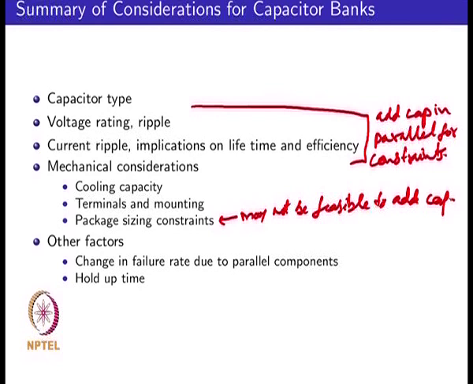You also have factors like if you add more and more capacitors in parallel in the system you are considering, the components are increasing, and we know from our reliability studies that if you put more and more components into a physical system, the chances of failure, especially at connections and terminations, breakage or some problems at the connections, can increase. So putting a very large number of components in parallel is also not a realistic solution from the perspective of component